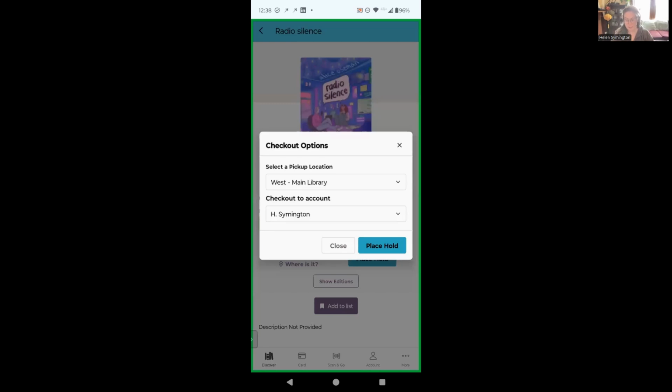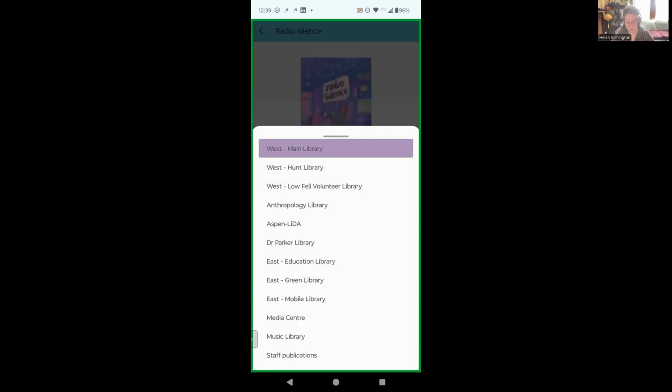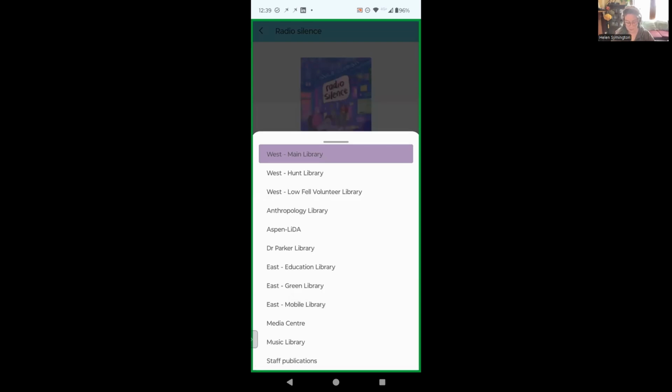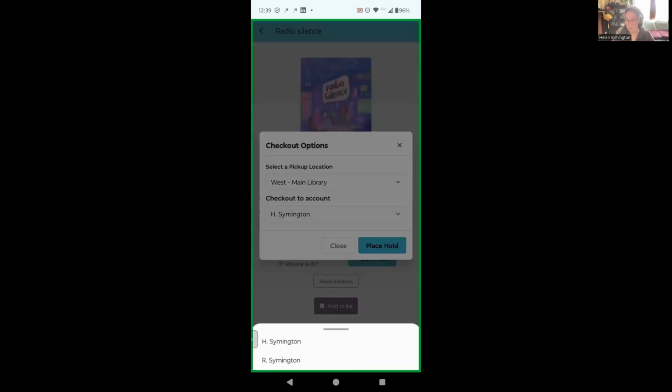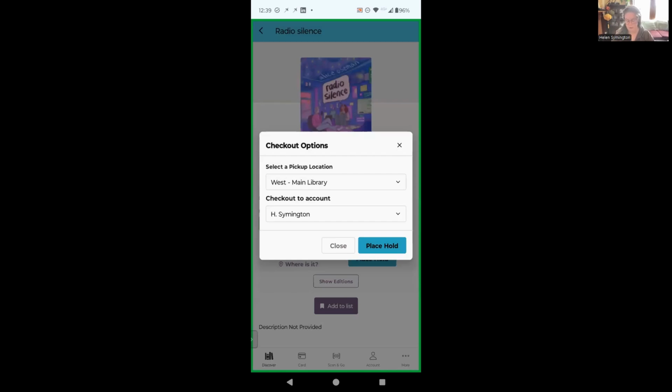It pops up this little pop-up where it's asking me where I want to pick it up. And if I hit on that, you can see all the different available libraries that I want to pick it up from, but I'm just going to stick with main library. It's also asking me to select which account I want to check it out to. I have a linked account with R. Symington, so I could check it out to them if I wanted to, but I know that they're not interested in this kind of thing, so I'm going to place a hold on it for myself. So if I place the hold,